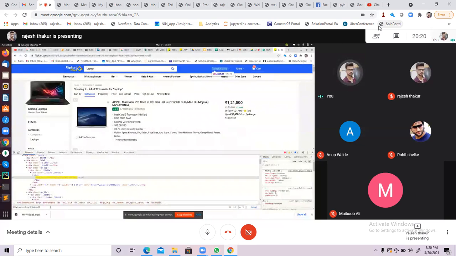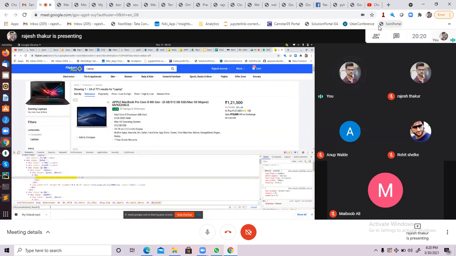Yes, it is working, and one out of one matching nodes is also there. So hope you are able to understand what the attribute contains text function is and what the benefit of that is. Yesterday we had discussed the relative XPath, the absolute XPath, and the drawback of the absolute XPath. And we had also seen how to identify the element with the relative XPath.